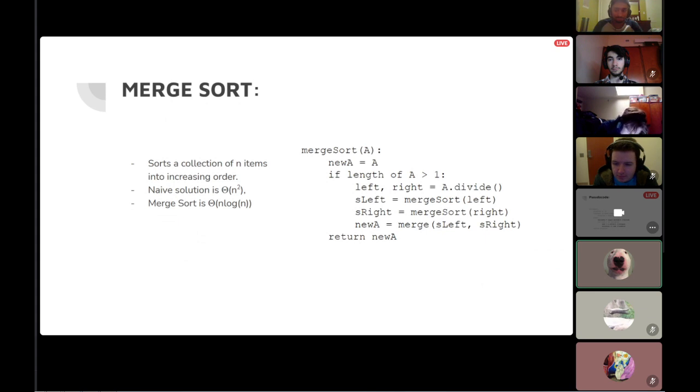Insertion sort sometimes isn't naive, but a lot of the times it is. Selection sort, the list goes on and on. And a lot of the times, these will have an average run case